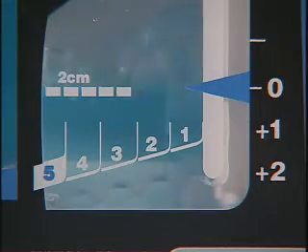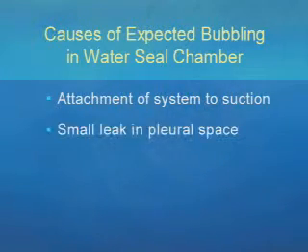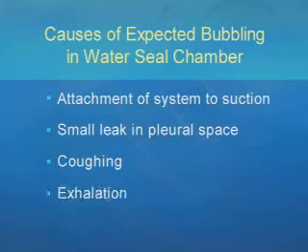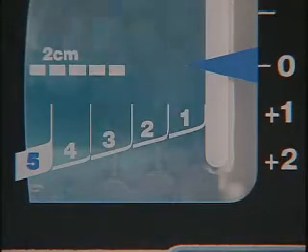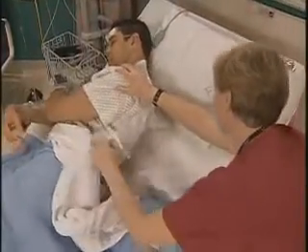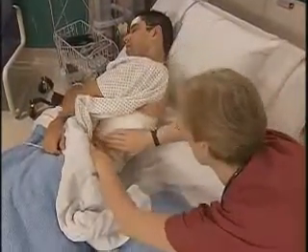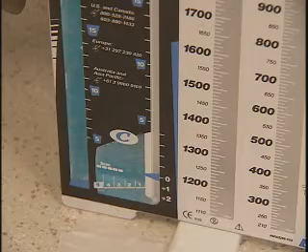Also look for bubbling in the water seal chamber. Normally, you should expect bubbling immediately after the drainage system is attached to suction, when a small leak occurs in the pleural space, and when the patient coughs or exhales. If you spot unexpected bubbling in the water seal chamber, notify the physician and assess the patient for signs of respiratory distress. Suspect a new air leak, which can occur when air enters the drainage system or the